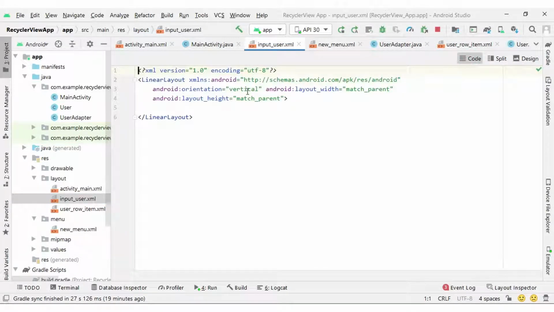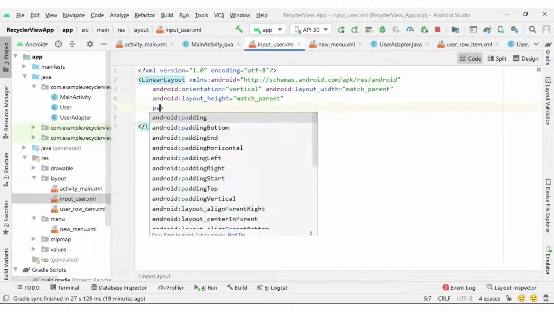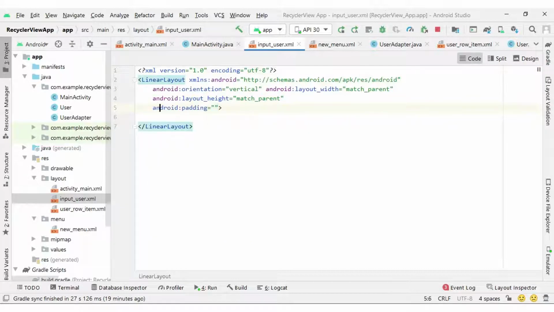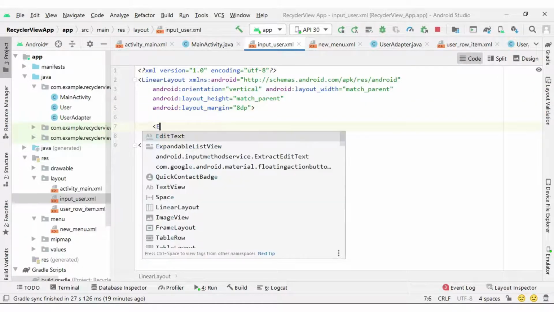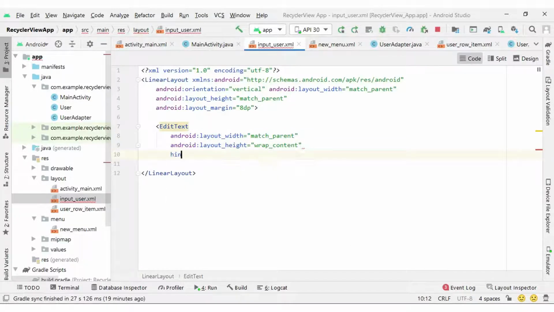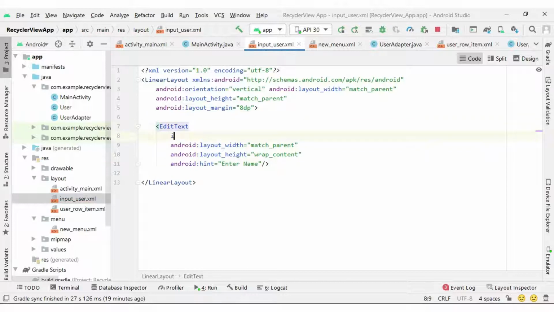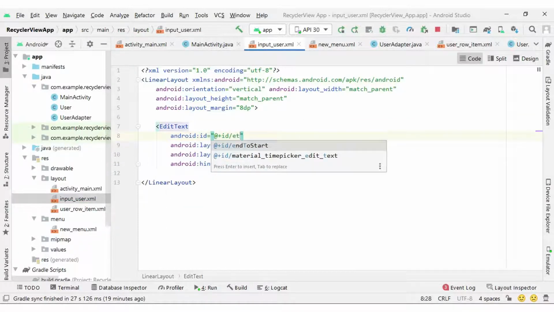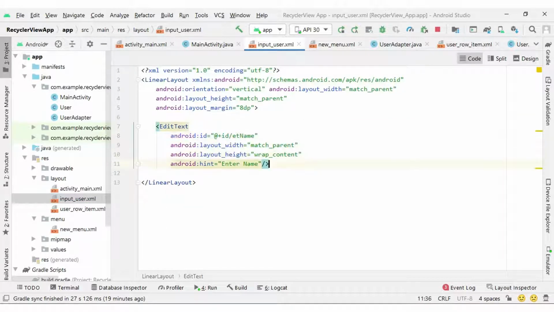Here I am going to have a margin, not padding, of 8dp. Inside the linear layout I will have an edit text, match parent, wrap content, hint enter name, and id et_name for getting the input.